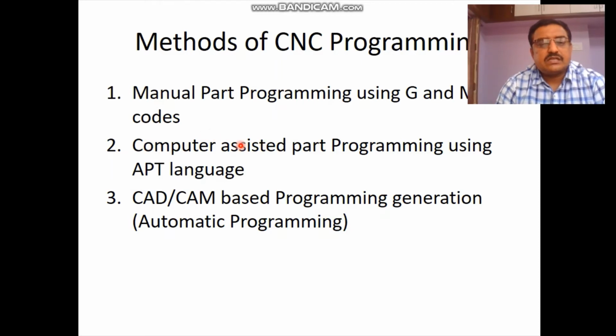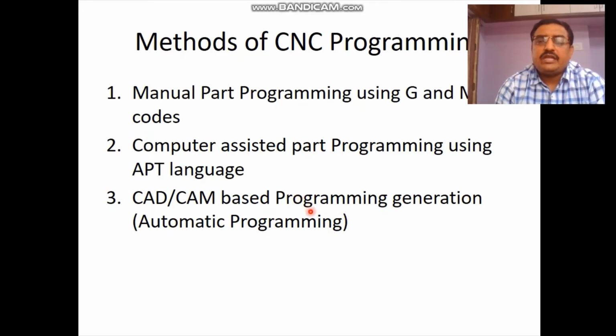Another method is computer assisted part programming. It is also called APT language. Using APT language, a program can be generated, so that is computer assisted part programming. The third method is CAD/CAM based programming.